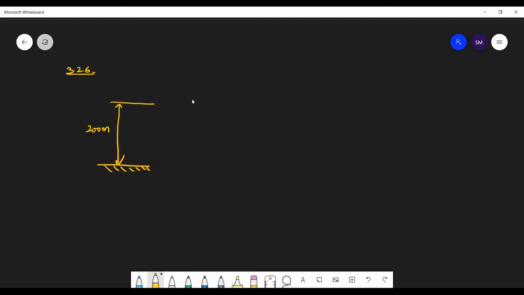The first stone is thrown up with an initial speed of 15 meters per second, and another stone is thrown up with a speed of 30 meters per second. We need to verify that the following graph correctly represents the time variation of the relative position of the second stone